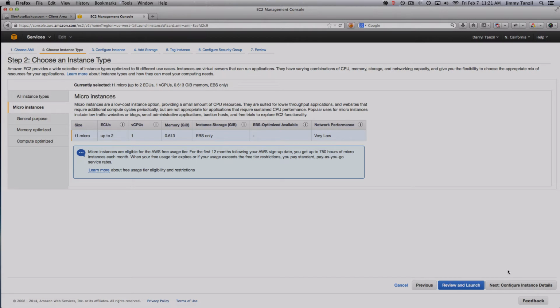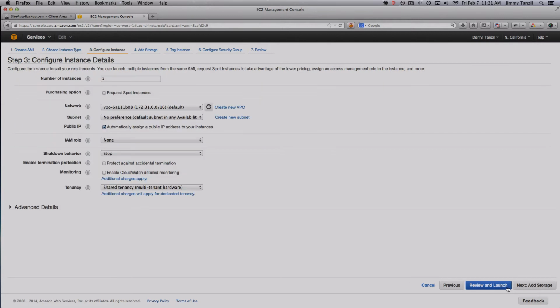So I'm gonna go ahead and hit the next button here, configure instance details. So on this part, just leave everything else as default unless you really have been using Amazon Web Services and you know what you're doing. Otherwise, all the standard default options should be good to get you started. But if you have any questions about any particular settings throughout this video, please do email support@siteautobackup.com and one of our engineers would be happy to explain stuff for you. So for this particular demo, we are going to leave everything unchanged as it would work just fine. Okay, so leave everything as it is, and next add